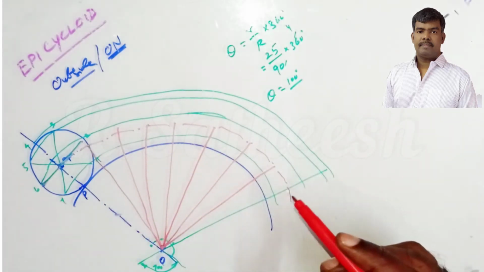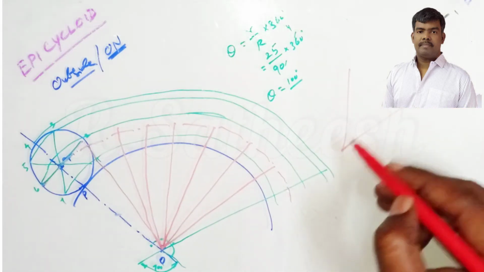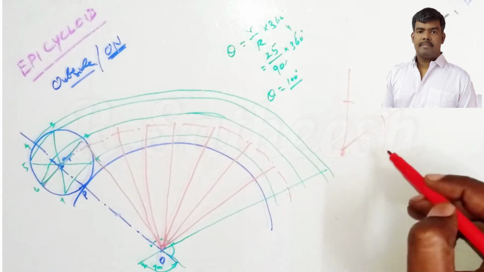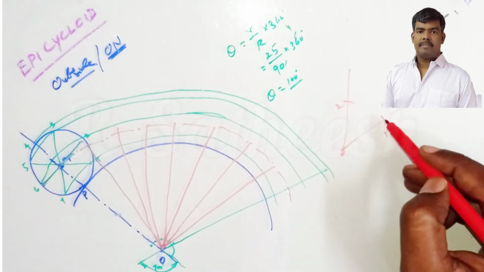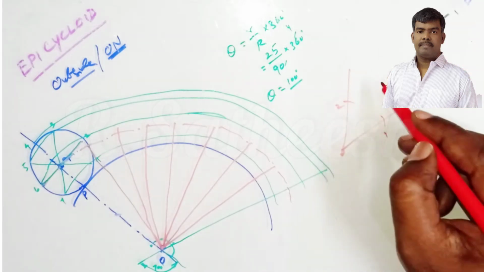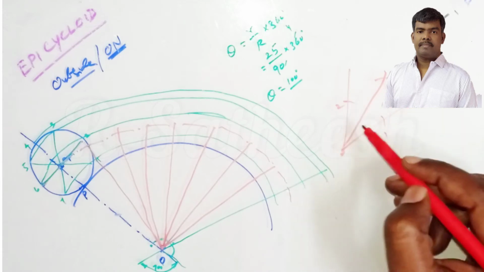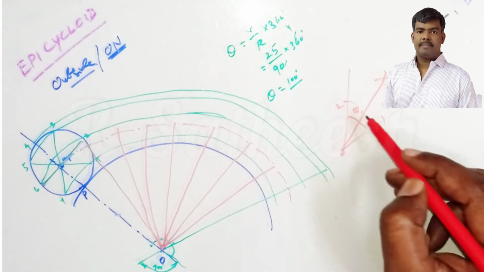Like this. Clear? Very simple. Some angle is there. You take the compass from here to here. You make one arc, 1 and 2, like this. From 1 you take some radius x, you mark one arc. Same radius from 2, like this. You join it at the intersection. So this is definitely theta by 2, theta by 2.